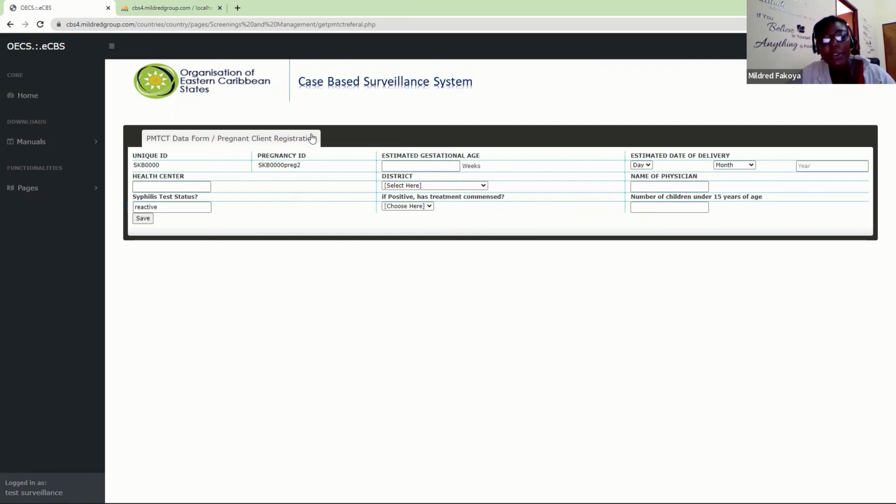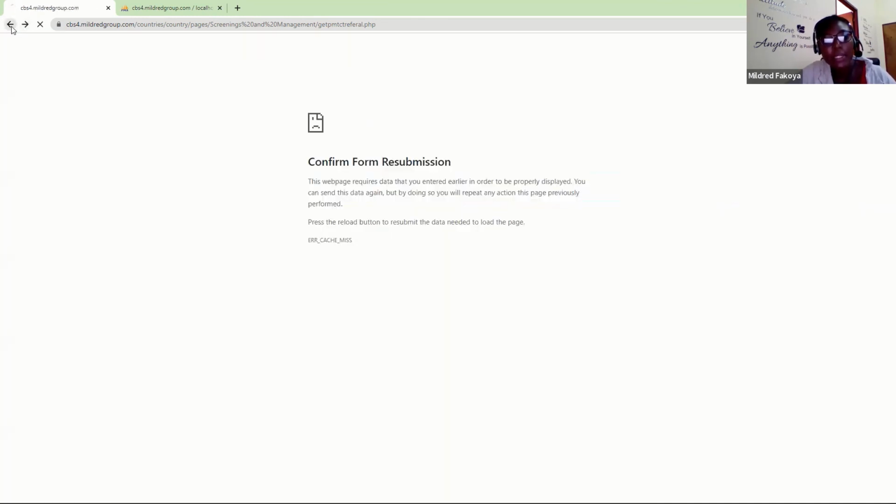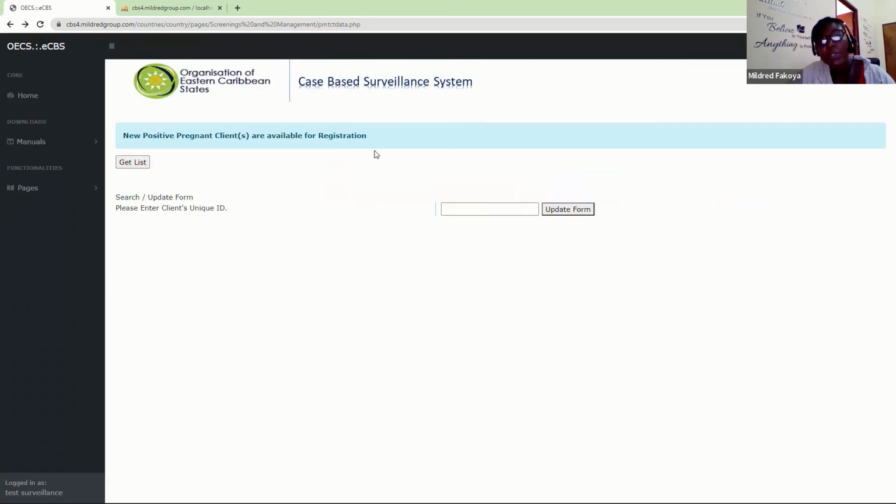So it keeps the history of everybody who has been flagged, and it allows for more tracing of pregnant clients whose screening information generated a flag. If the form does not display because the person has not yet been referred, you might want to now contact the testing site to find out why that pregnant client that was reactive at their site has not been referred or sent for any intervention yet, regardless of the confirmatory results. So from reactive for pregnancy, flags are triggered. So if you get a call from PMTCT coordinator to